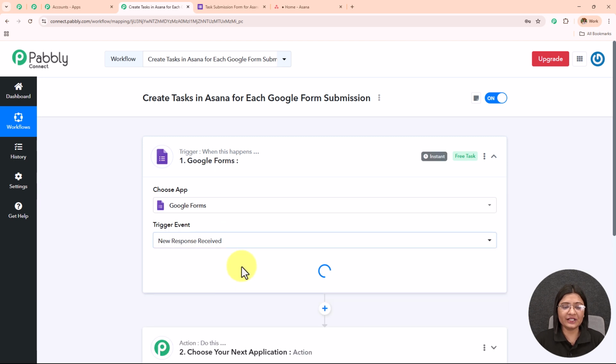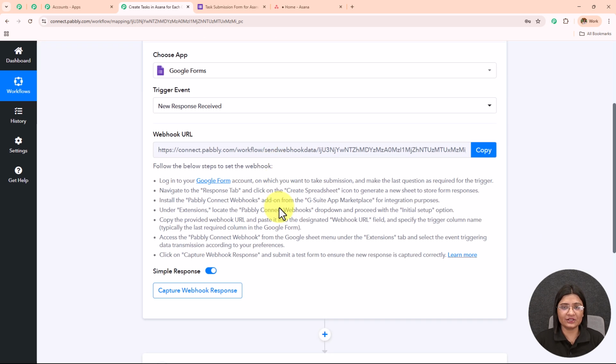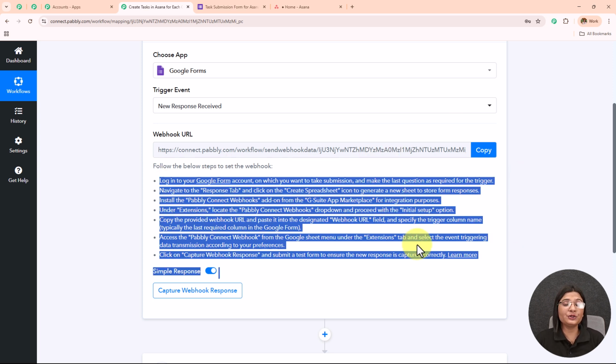And in my trigger event, I'm going to take this new response received. Now I need to make a connection between Pabbly Connect and Google Forms, for which a webhook URL is provided to me. And this webhook URL is going to act as a bridge to connect my Google Forms with Pabbly Connect. So reading this help desk given below, I'm going to build this connection, and to make this connection, let me